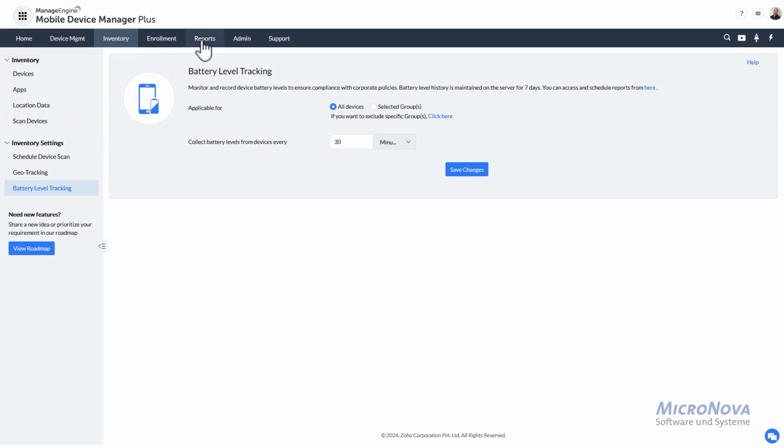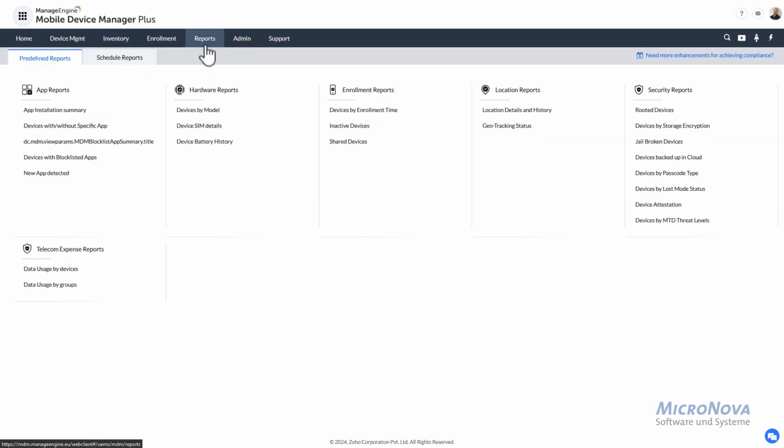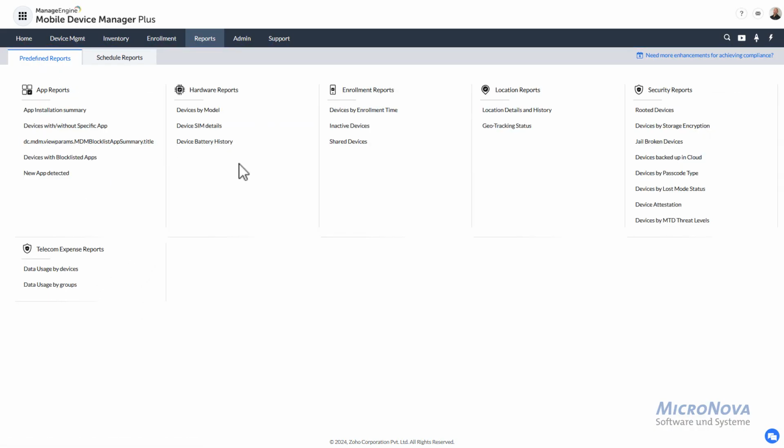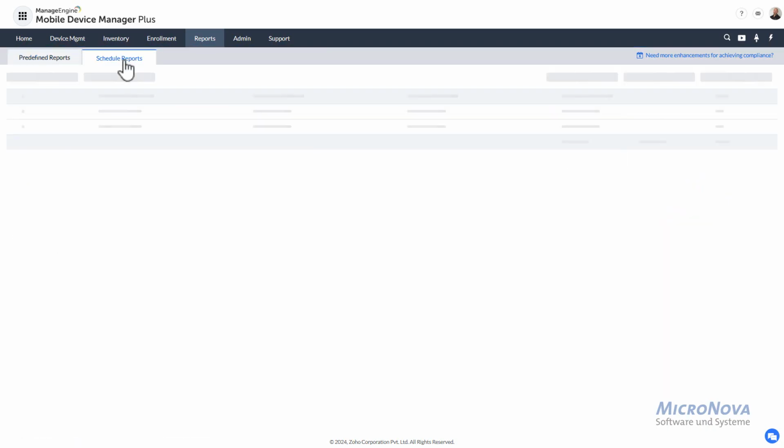So the next part is the reports. We have a bunch of predefined reports, app installation summaries. Let's go back, and some about device models and device SIM details, enrollment reports, location reports, security reports, jailbroken devices, and rooted devices or such. And even